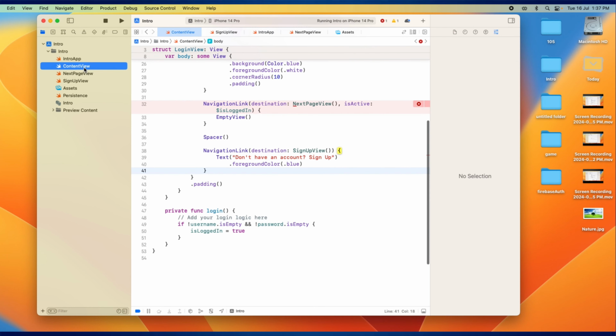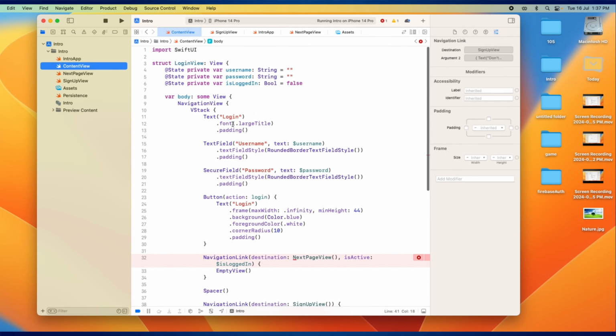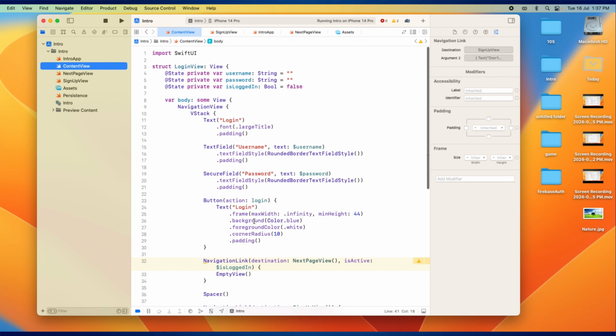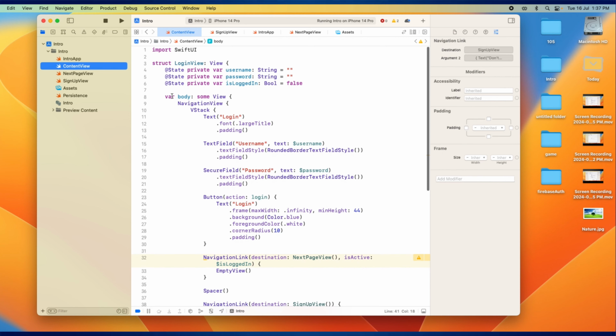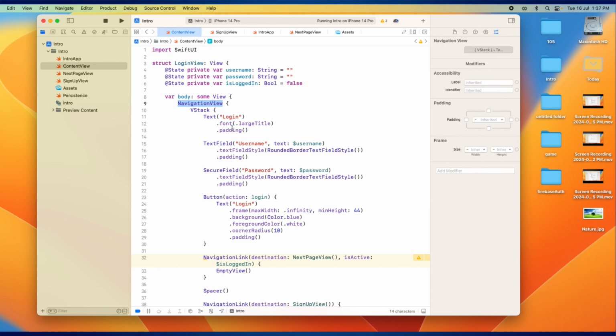Now in content view I have used a navigation link, and called NextPageView. In navigation view I have used here